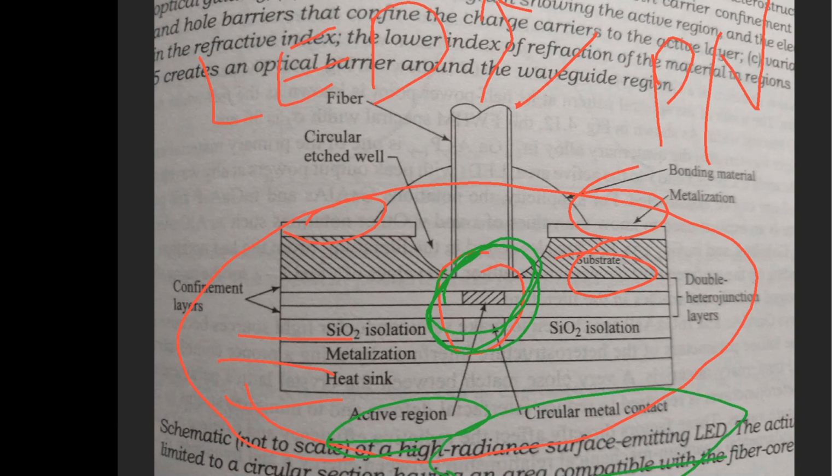Sometimes the LED also comes where the radiation happens from the sideway, this side. So that kind of LED is known as your side emitting LED. So the LED used in your optocoupler can be of two types. Either it is a surface emitting diode like this, when the fiber is perpendicular to the surface of this material, then it is known as surface emitting. If this same fiber is put here along this side, it becomes edge emitting, or side emitting LED.